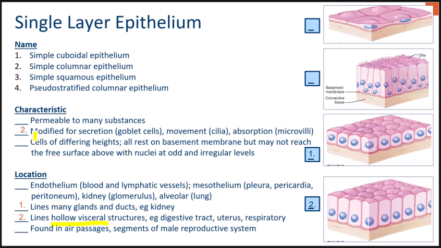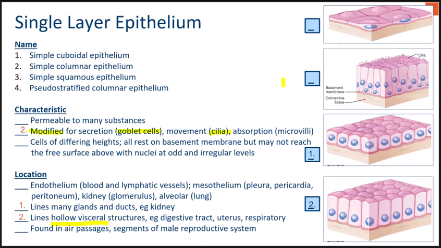These simple columnar cells are going to be different depending on where they're located. So for example, and we'll see this a little bit more later on, some simple columnar epithelial tissue will need to have goblet cells, which produce and secrete mucus. Others will have structures called cilia, which we talked about are hair-like structures that allow for the sweeping action of things that we don't want in that